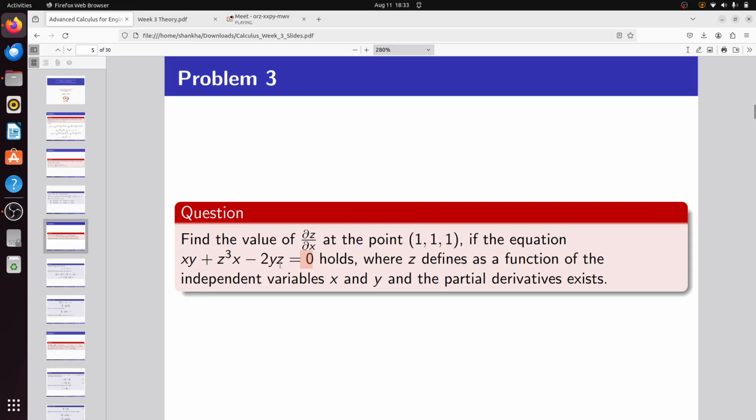Can you give a try of this problem? Yes, sir. So just try. What will you do? You will be careful about these terms. You need to do the product rule of partial derivatives, right? So that will be xy. You take the derivative of these terms with respect to x. Since this function is equal to 0, their partial derivative will also be 0. So del del x of the entire term will also be 0, and del del y of this term will also be 0. That is how you can actually solve this problem.